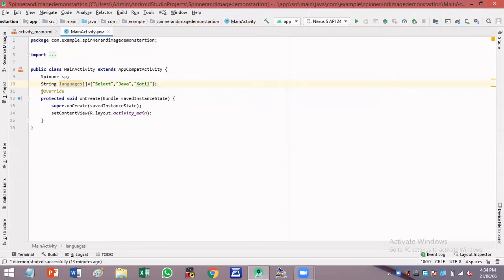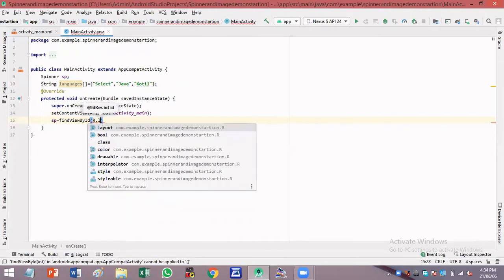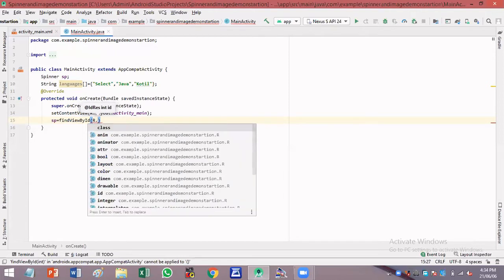And now, after creating this string array, we have to bind these array values, the language values, to the spinner tool. So let us see how to bind this. First you have to bind the spinner object to the actual spinner. So you will write sp equals findViewById. Within parentheses you will write R.id.spinner, right?